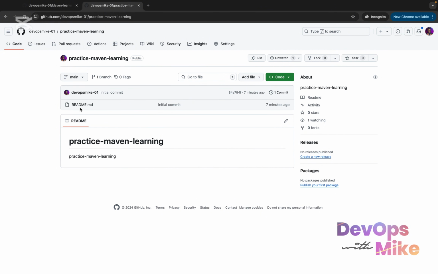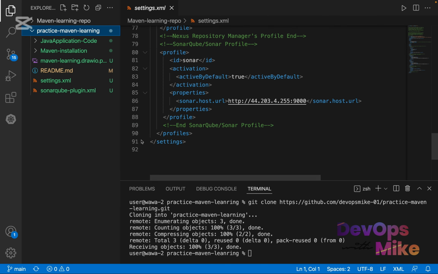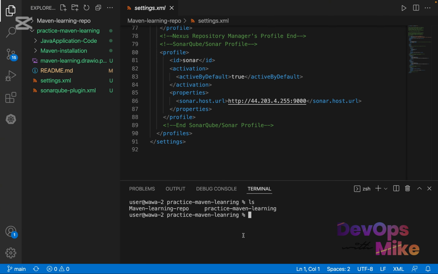Or well, we just have just the README file. What I'm going to do now is push all these files in the practice Maven learning repo upstream. Now, if you do an ls, you'll see we have the Maven learning repo and the practice Maven learning repo. I'm going to cd into the practice Maven learning repo for us to be able to push the code